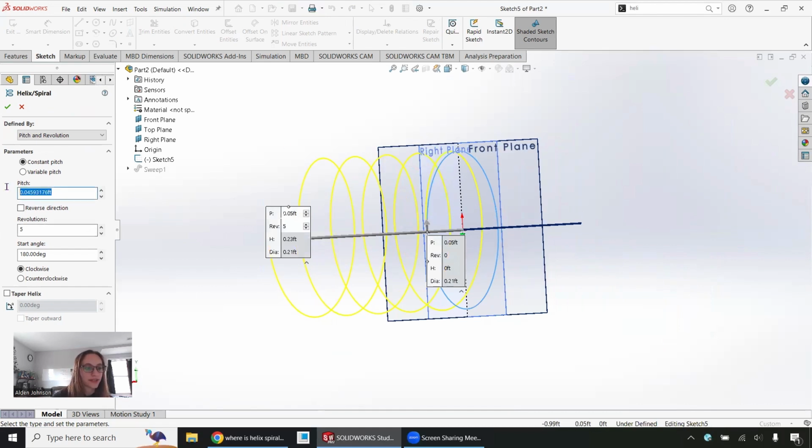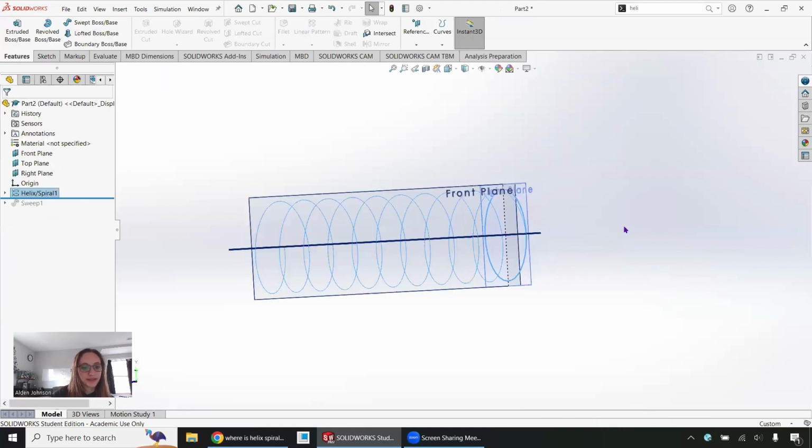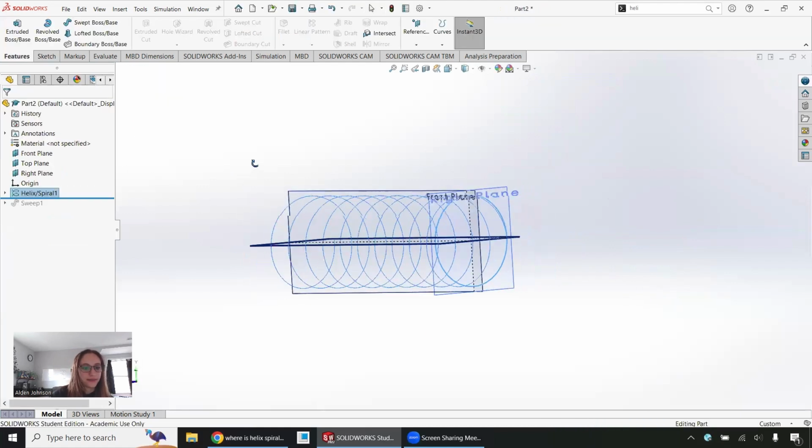And I have some different options. I can change the pitch. I can change how many revolutions there are. I can change the start angle. I can change the direction here. And I can taper the helix and so on. You should definitely play around with this feature and get to know it a little better. But I'm going to check this helix, and then